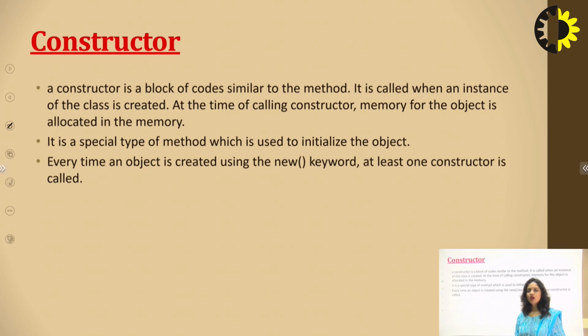Now next is the concept of constructor, the third thing which can be used for creating an object. Now what is a constructor? A constructor is a block of code which is similar to a method, but it has certain differences from a method. The first difference is that it can be used to create instances, and we always have a default constructor in the Java programming language, which automatically allocates memory to the objects and the variables invoked by that object. So at least one constructor always exists in a Java program.